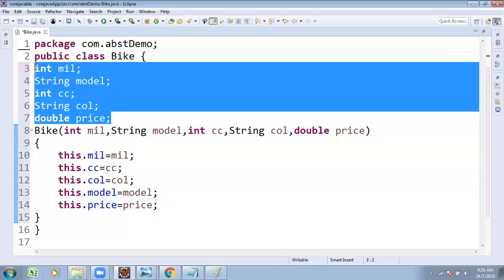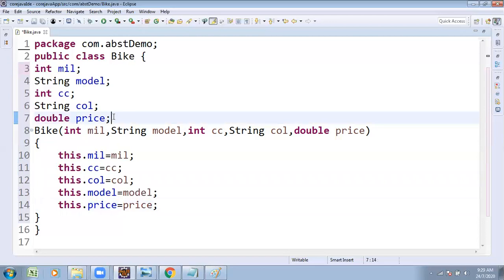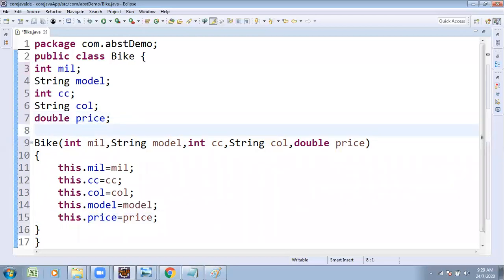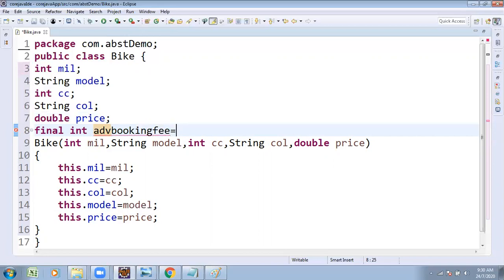A class contains a data part. One more thing you can take is a constant: final int advanceBookingFees. Suppose you want to make a booking for a bike, the final int advance booking fees is 5,000 to book the bike. It is a common factor, fixed for all bikes.